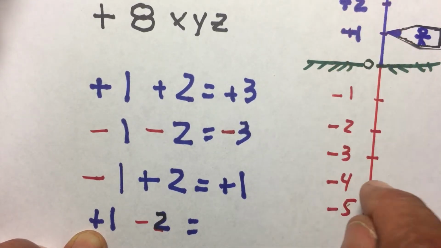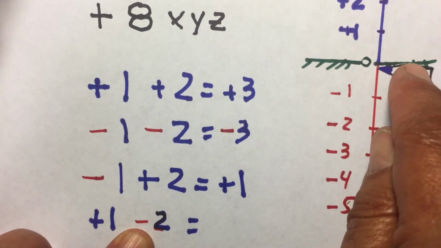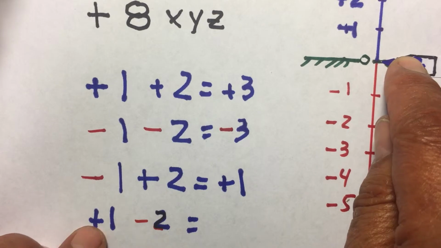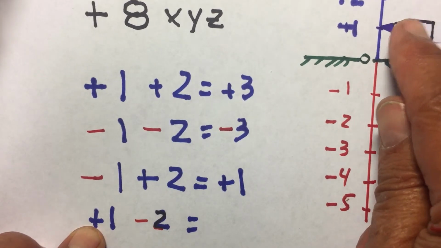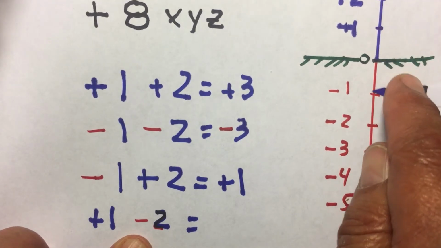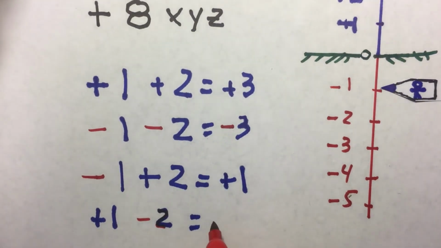We are here, up 1. In minus 2, we are going to go down 2, 1 and 2. Let's do it again. Start from 0. Plus 1 goes up 1. Minus 2 goes down 2. Minus 1 minus 2. And we end up in minus